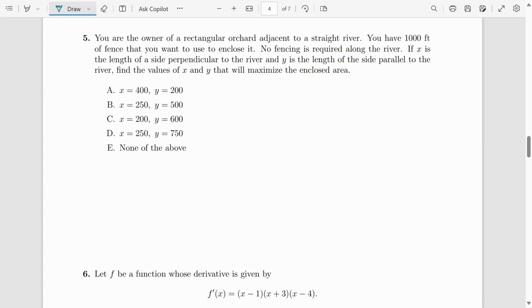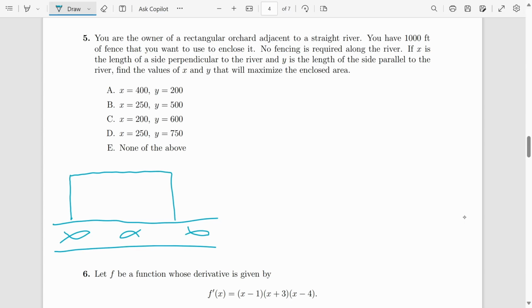Okay, let's draw this out. This is kind of a related rates problem, but just sort of a maximizing, minimizing cost and area type thing. So we've got our straight river down there with fishies in it. That's a terrible fish. There we go. That's our river, and then we have an adjacent fence that's built next to it. So we've got a fence that's right here, and we don't need to build a fence right here. I guess if there's animals in the pen, they can't swim, so you don't need a fence built along